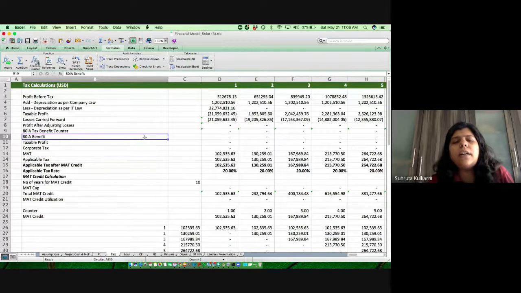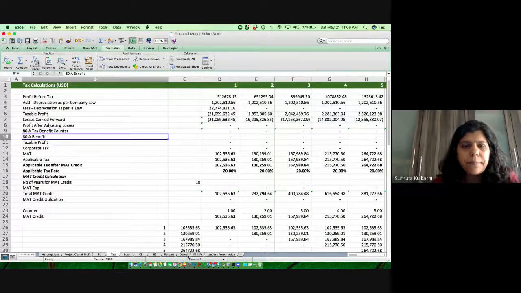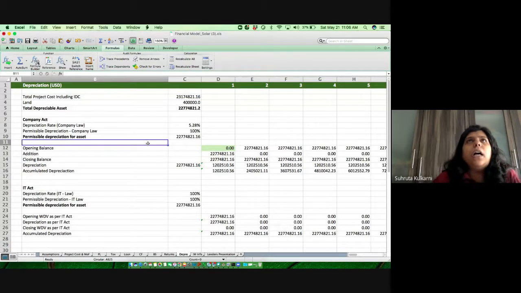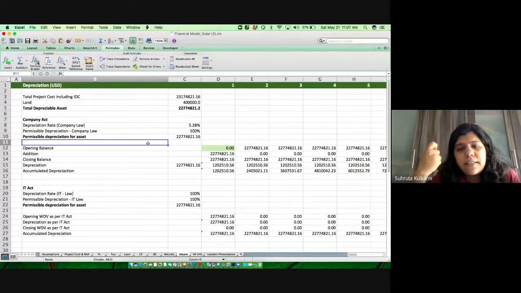So I will quickly run you through, let's say, depreciation. So what is depreciation? Typically, once you're building a solar project, or any large infrastructure, or a building even, any physical asset has a certain life, 5 years, 10 years, and you need to keep investing your money so that after the life of that building is over, you have enough money to build that asset again. That is how the entire depreciation part has come.